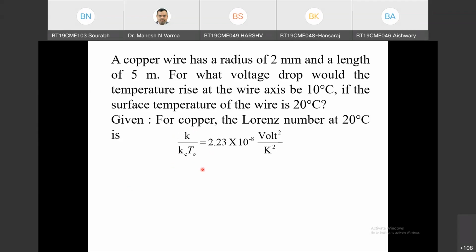So we have 30 degrees Celsius. Heat generated per unit volume is related with the current density and the potential difference. There you need to get the value of the potential difference, voltage delta E. So that E needs to be estimated for surface temperature 25 degrees Celsius and axial temperature is